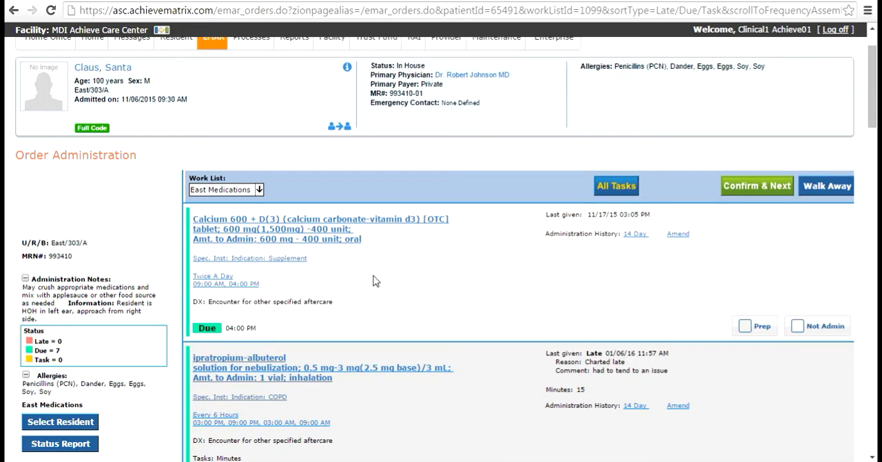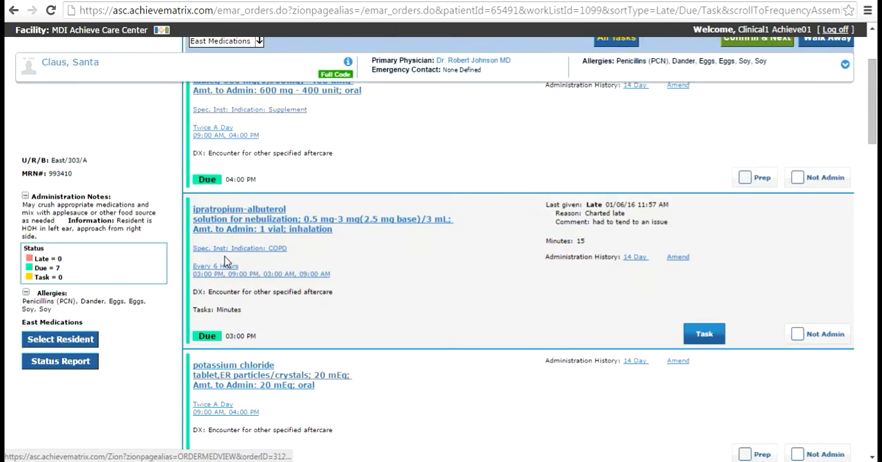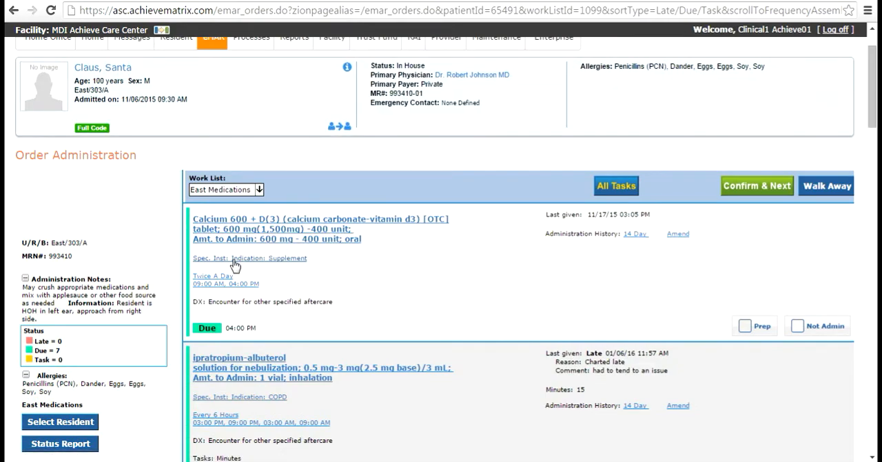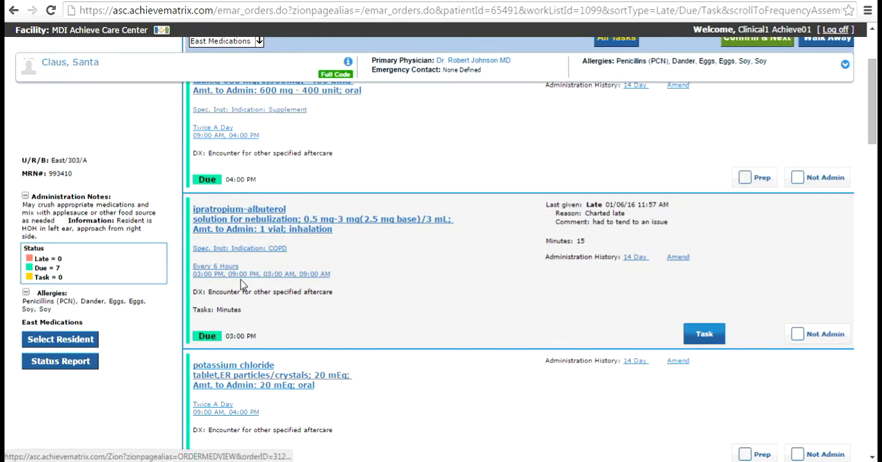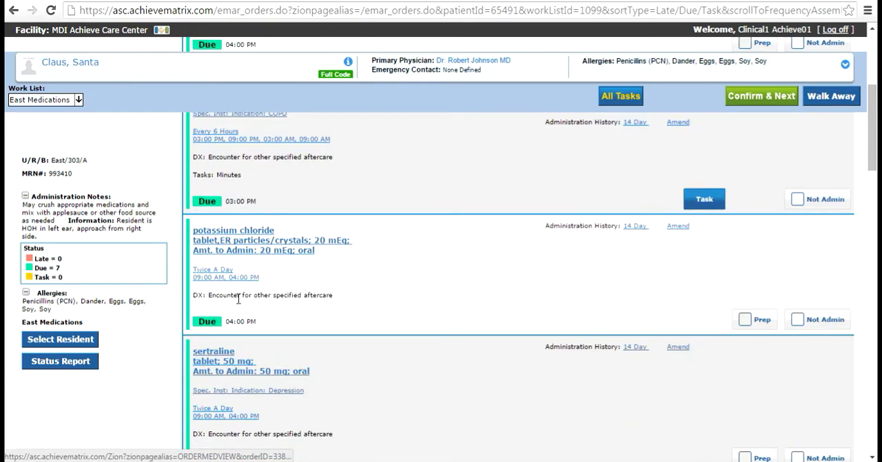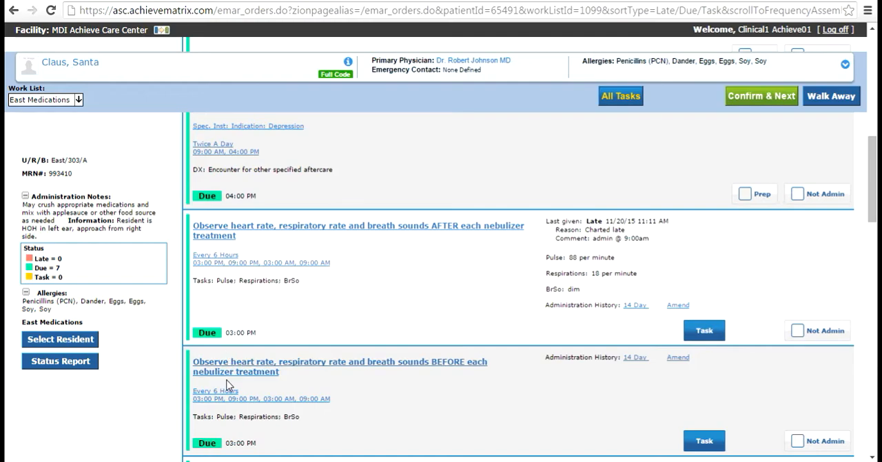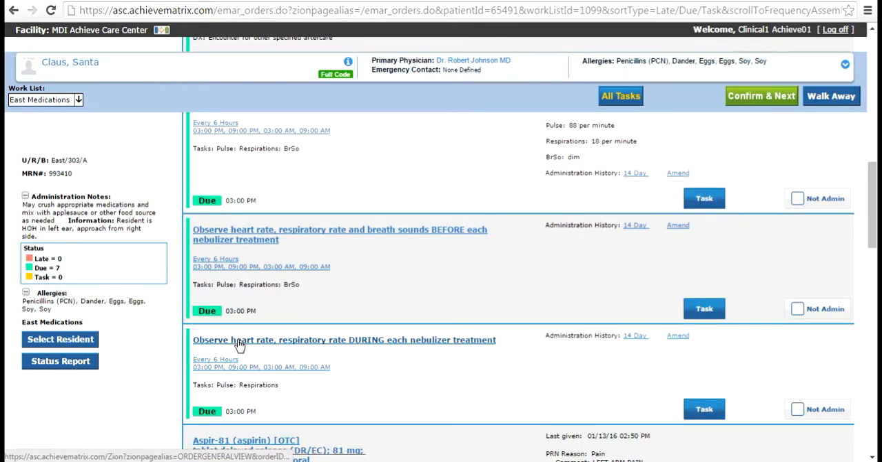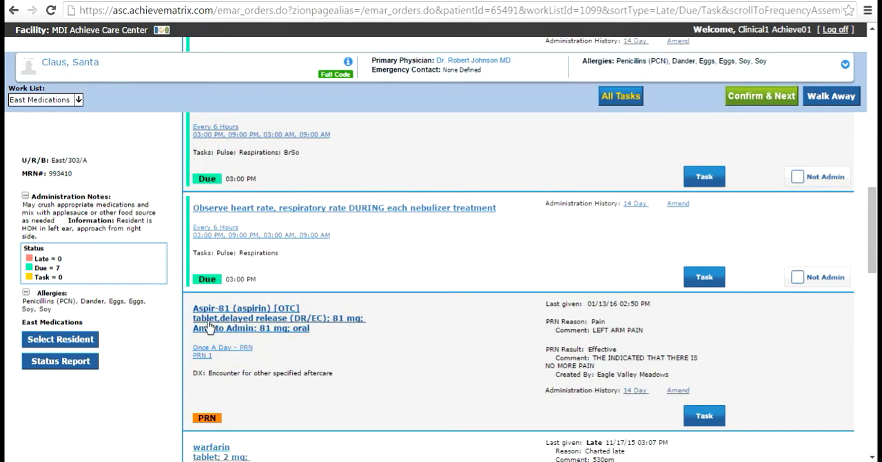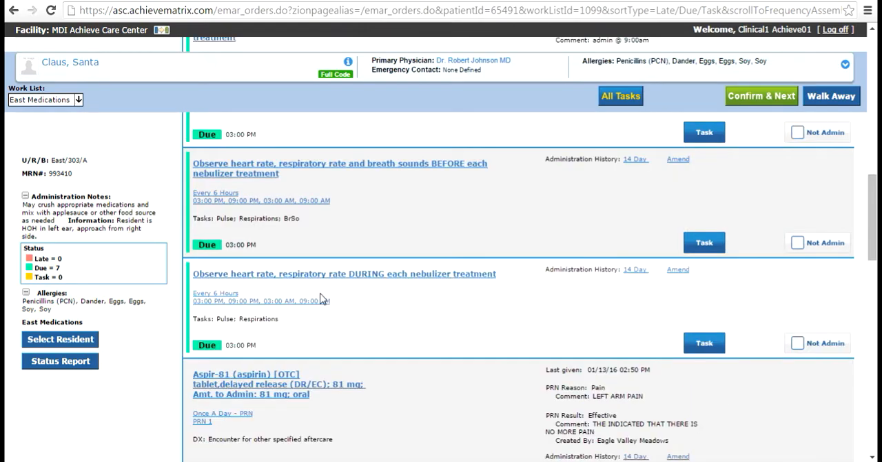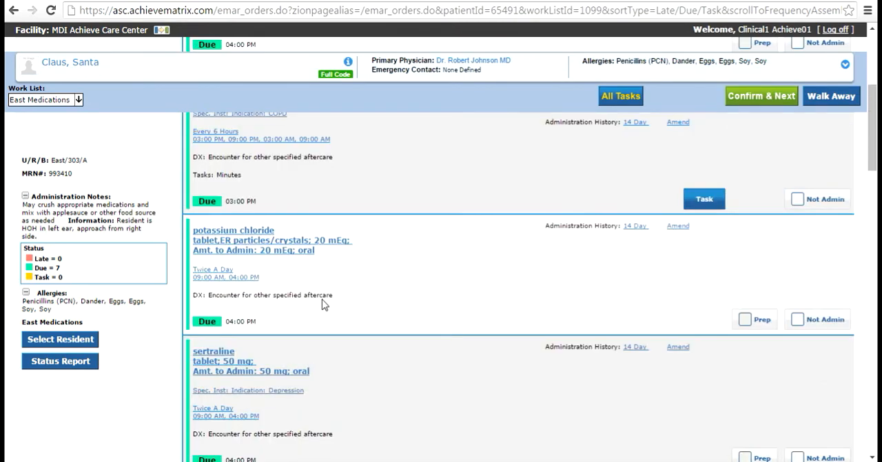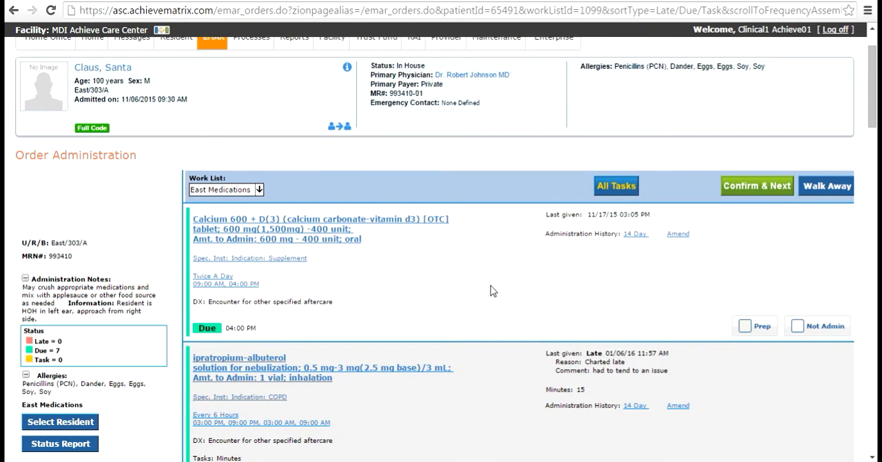So again, we are going to look at the green stripe to tell us what is due. So my calcium, 600, vitamin D, 400. I have a DuoNeb. I have a potassium chloride. I have a sertraline. I have my observe orders for my nebulizer. And then you notice it stops. My green line stops, so I stop. I just need to focus on these. So what I'm going to do